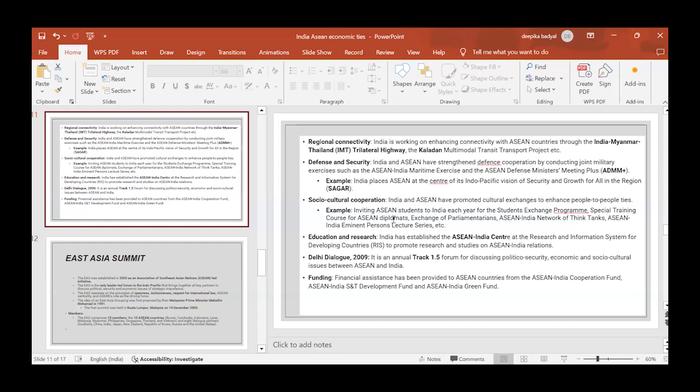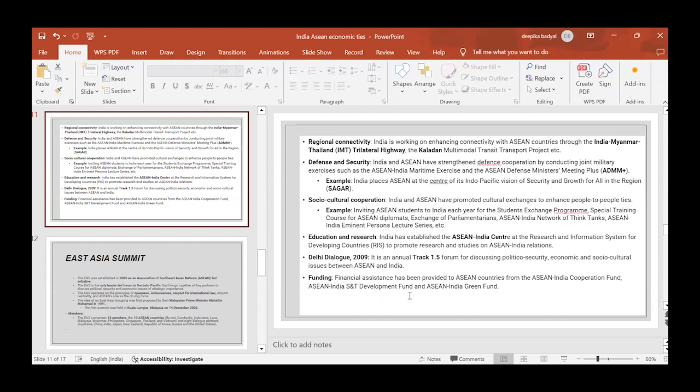Social and cultural cooperation. India obviously is interested in promoting cultural exchanges between both the regions to enhance people-to-people ties. For example, inviting ASEAN students to India each year for the student exchange program, special training courses for ASEAN diplomats, etc. Also, India has established the ASEAN-India Centre at the Research and Information System for Developing Countries. Funding is obviously a key area where interest has been shown. Financial assistance has been provided to ASEAN countries from the ASEAN-India Cooperation Fund, ASEAN-India S&T Development Fund, and